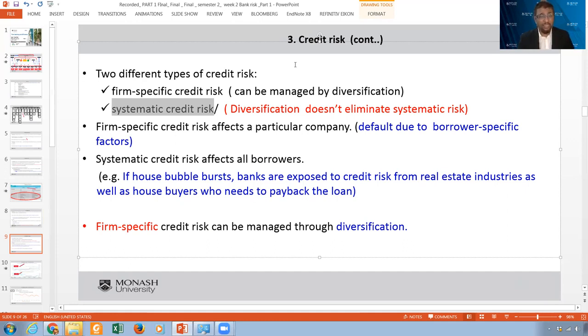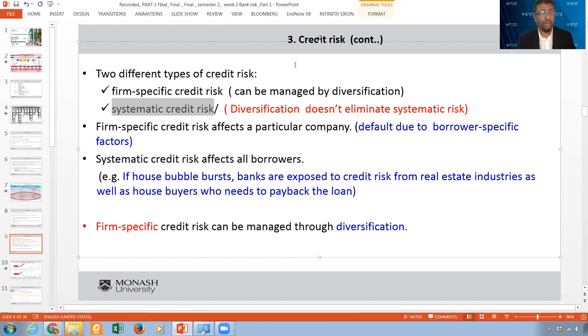Now, if that is happening, it happens to every single person in the market. Maybe your customer is okay and has no problem, and maybe there is no firm-specific credit risk, but because of this risk in the market, for example, if you are giving a loan to AirAsia, and you gave that loan in 2019 before we knew anything about COVID. By 2020, everything about aviation and the airline industry is dead. Everything stopped. Actually, they cannot pay the loans back.